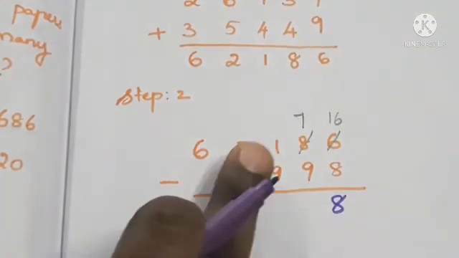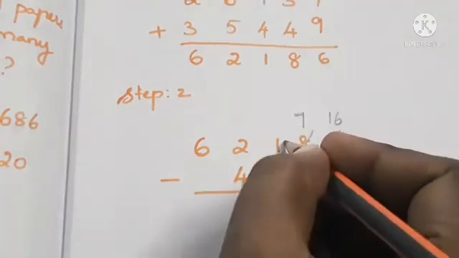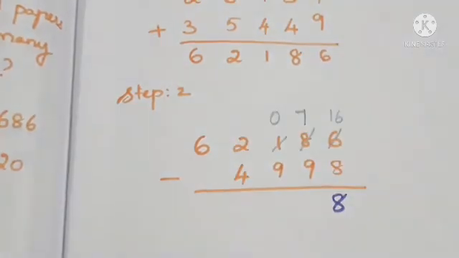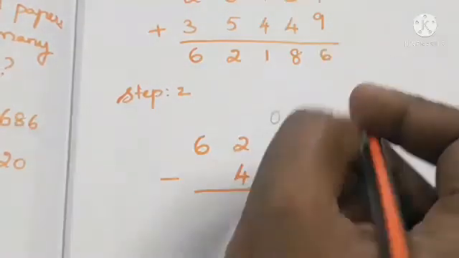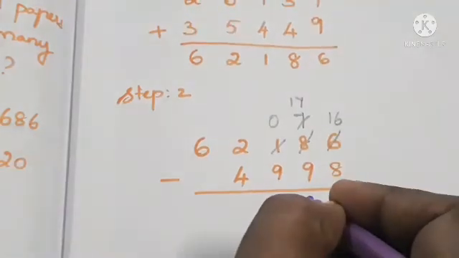So we have to borrow a number from the next value. So if you borrow a number from the 1, this 1 will change to what? 1 before number is 0. So it will change to 0 and this 7 will be changed to 17. So now 17 in the mind, take it 9 in the finger. So 17 before, 16, 15, 14, 13, 12, 11, 10, 9, 8. So we got the answer as 8. Isn't it? So we got 8 here.